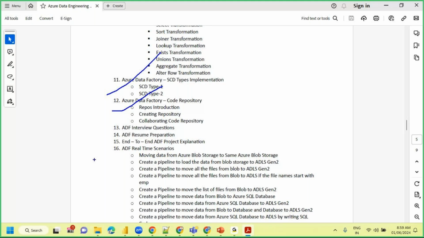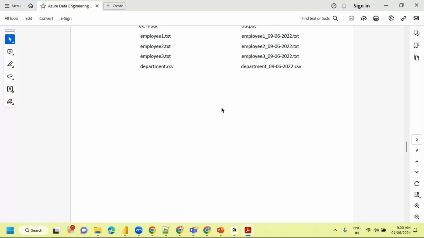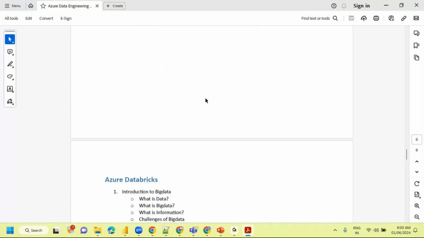And we'll provide sample resumes. You can go through those sample resumes; we took them from Naukri, and we will provide them. Interview questions we are going to cover throughout the session, and wherever I say this is a part where we faced an interview question, we need to concentrate. And end-to-end project explanation, how exactly the real-time project will be, I'm going to explain. And these are the real-time scenarios I just mentioned, a few of them, but there are many real-time scenarios that we are going to come across as part of Data Factory.